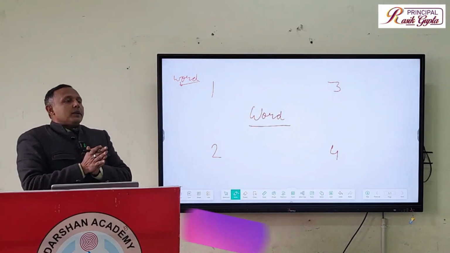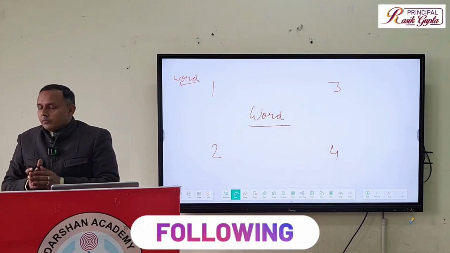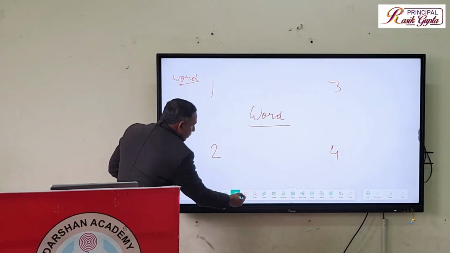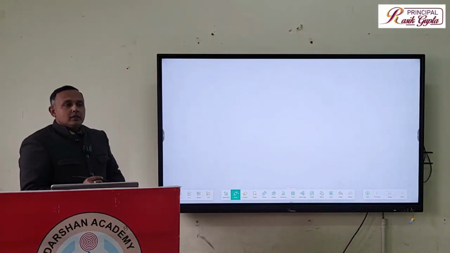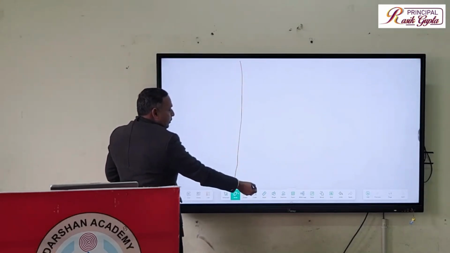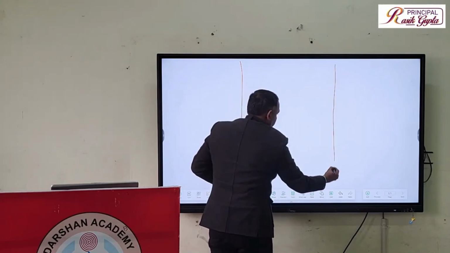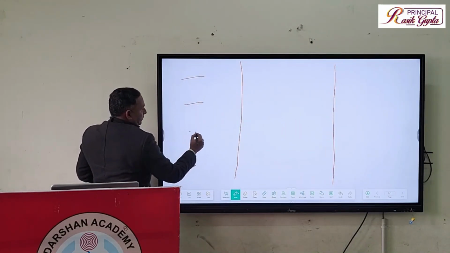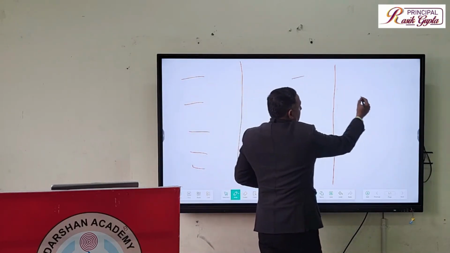Then I had told you people that if we have to write more content on the board, for which we may have to erase the board, then why not divide the board into parts? Okay, we can divide the board like this also. You have the option of a ruler also over here, so you can use that option also. So we can first of all try to fill this part, then this, and then this.